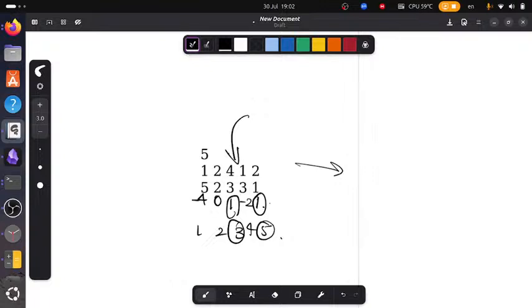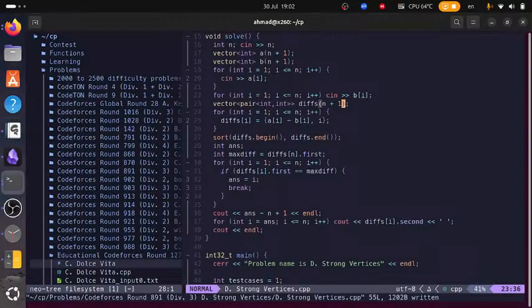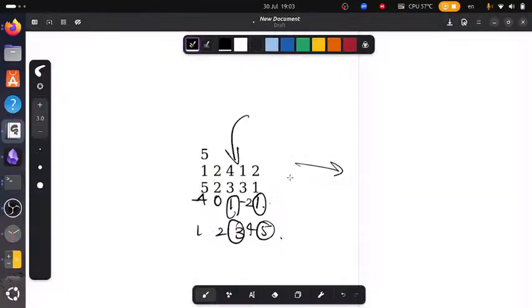So the answer is supposed to be... did we sort our differences array? We did. We did sort it. So the difference of first is equal to maximum of differences. We get our index I, which in this case is supposed to be